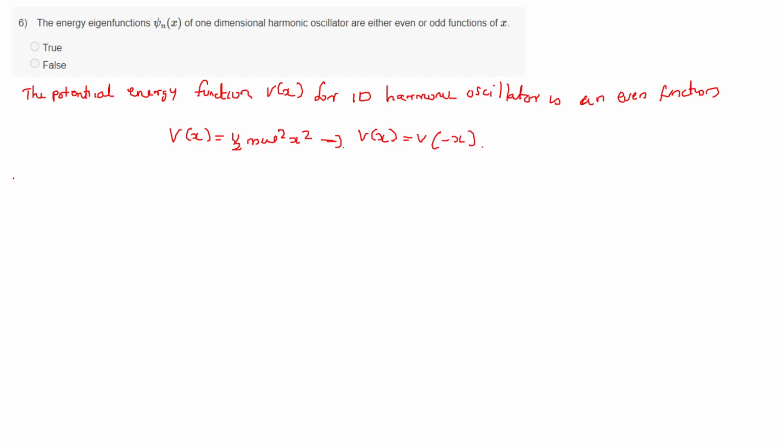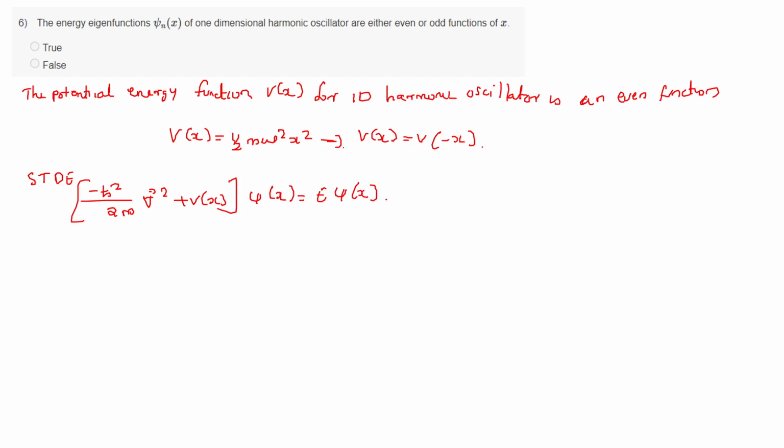Okay, now this potential is used to find the eigenfunction through the Schrodinger time independent equation. So the Schrodinger equation, we can write it as minus h cross square divided by 2m del square plus V of x into psi of x is equal to E psi of x. Okay,